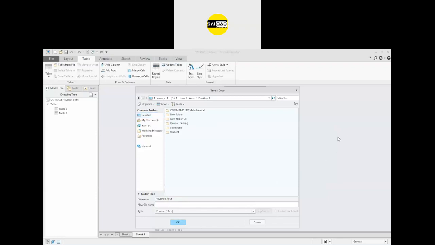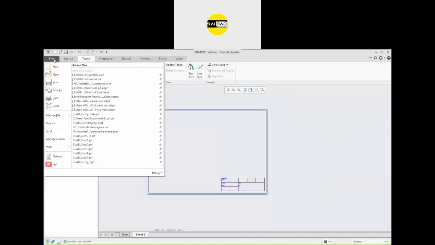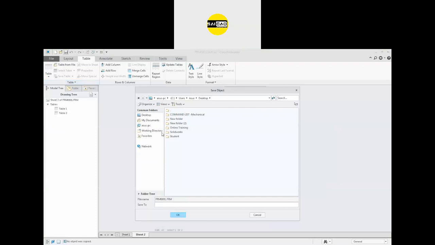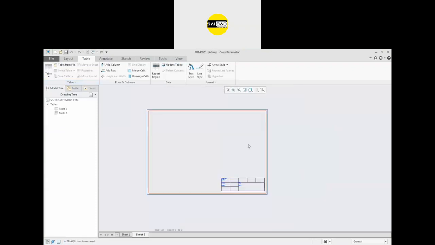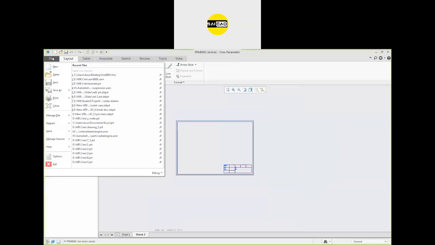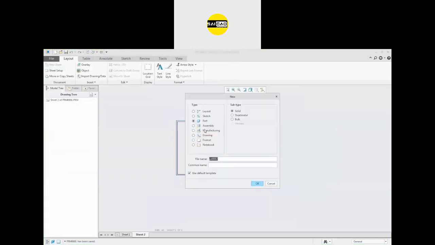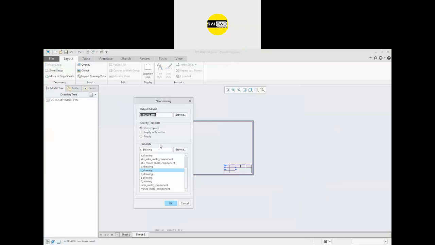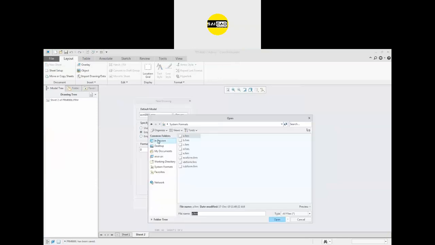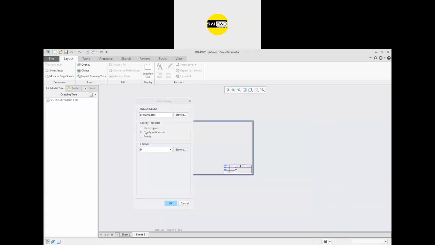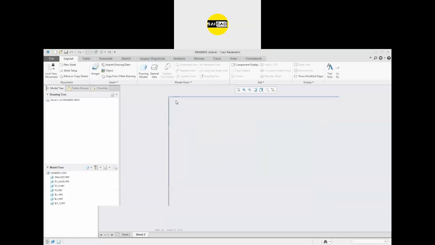Okay, I've selected the save as that will ask for a new name. I'll just go to the save on the desktop. Okay, and now when we go to the layout, new file, a drawing from here. You can go to the empty with format, go to the browse, and now you can browse directly. Okay, or I'm going to browse it later. I'm going to hit the empty right now where we have the sheet.